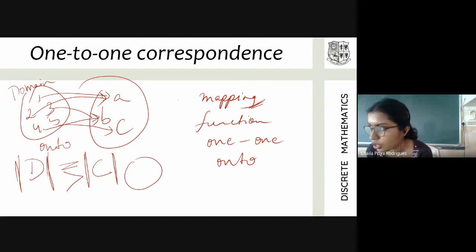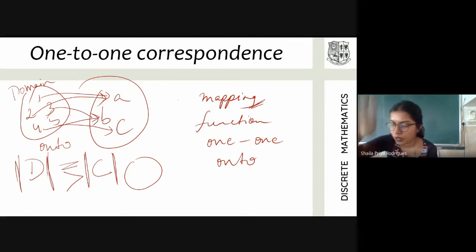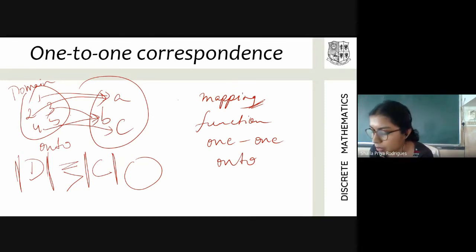But now I'm asking you, can you establish a one-one function here? Somehow, you can remove this mapping and try to form a new mapping which is onto as well as one-one. Is it possible to have a one-one mapping here as well? One-one means every element should be mapped to a distinct element. In this mapping, 1 and 2 are mapped to the same element, 4 and 3 are also mapped to the same element. So now it's possible to have an onto function, but not one-one. So when you want both one-one and onto functions, the codomain and domain must have an equal number of elements.